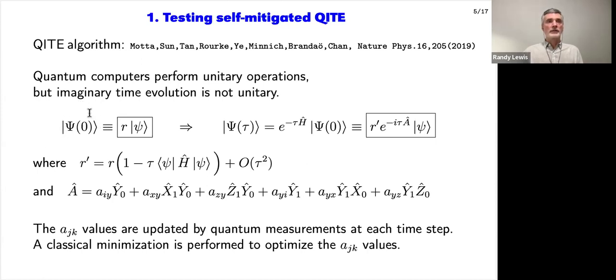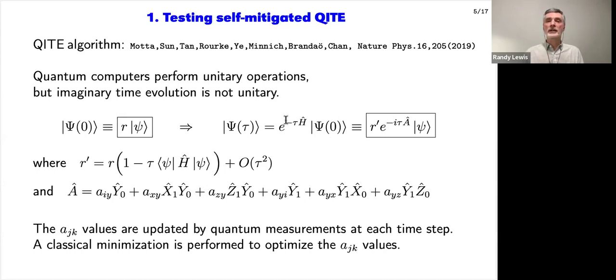If you have a certain state at time 0, it may not be a normalized state, but if you pull out the normalization and name it R, then what's left over is a normalized state that you could prepare on the quantum computer. And then, if you want to evolve that state to a later time, you want to take the initial state and act on it with this operator, which is an exponentiated version of the Hamiltonian. Again, this is not a unitary operator. However,